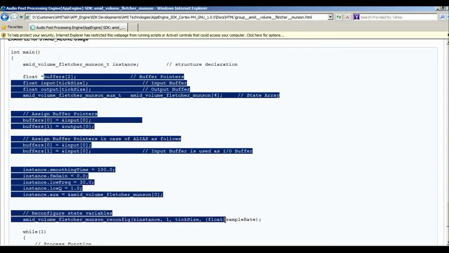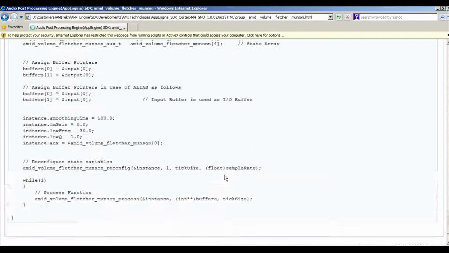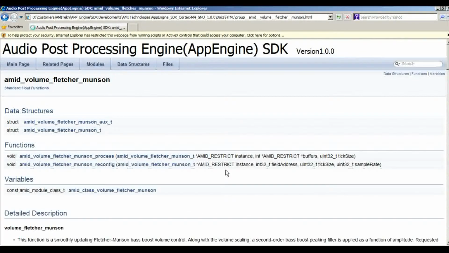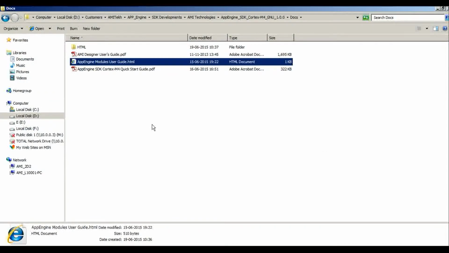And here also you can find the example code on how to integrate into the application. So like that, each module contains the detailed description of each module's APIs, and then how to use it in the end application.